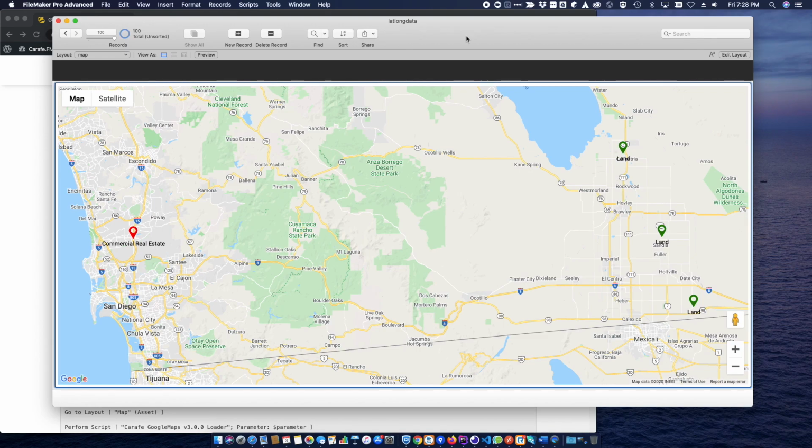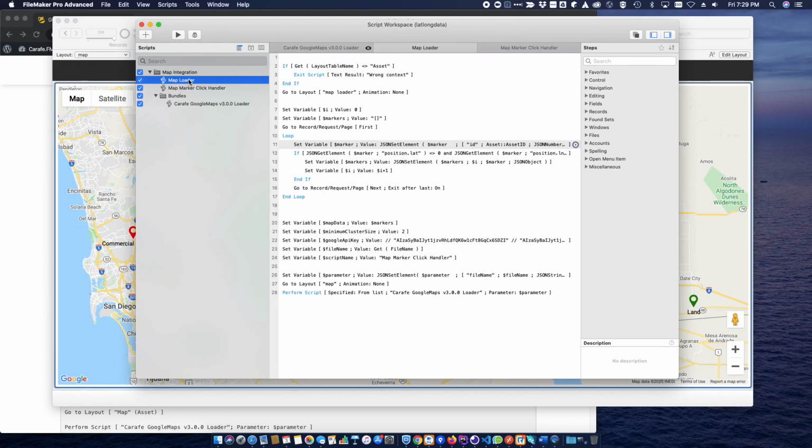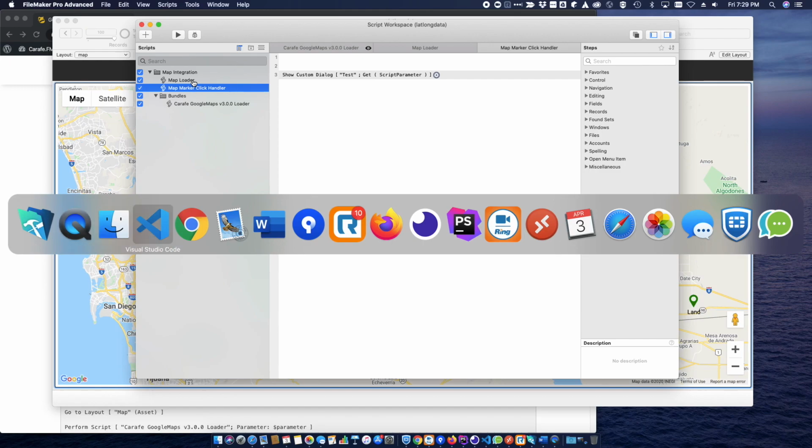So let's take a look at our script editor, and see if there's anything I overlooked or that I want to reinforce before we wrap this up. The point here is this is a recipe. It is not the only way that you could do this. All bundles take JSON in, and so you just need to be able to build up your data into a JSON structure. You need to be able to understand a JSON structure. You need to get comfortable with the JSON functions and mentally mapping in your mind the difference between